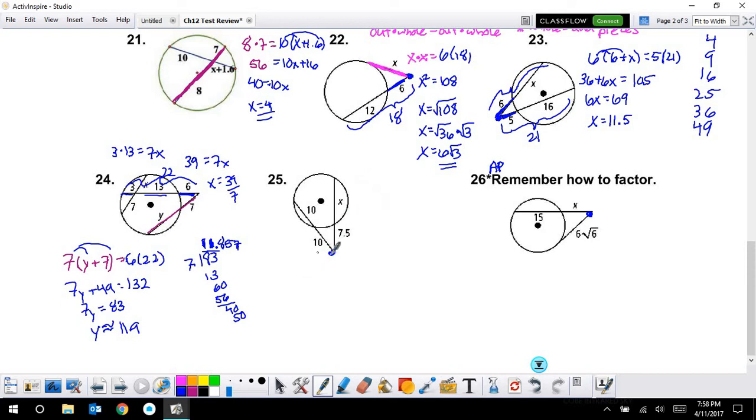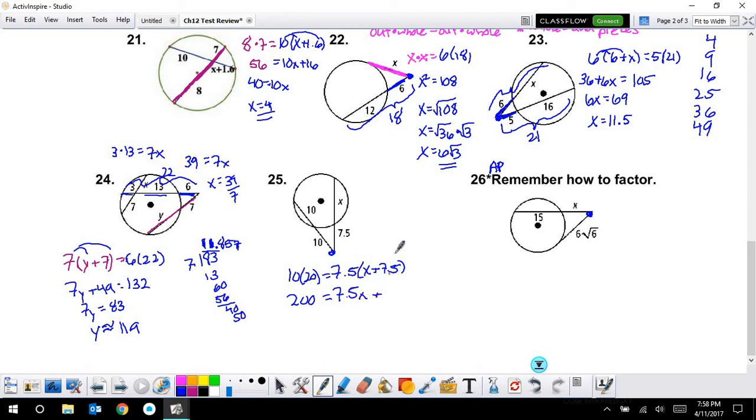Alright, for 25, it has an outside vertex again. So I've got 10 is the outside piece for this one segment. 20 is the whole thing. And that's going to equal 7.5 times the whole thing, which is x plus 7.5. So 10 times 20 is 200. And that's going to equal